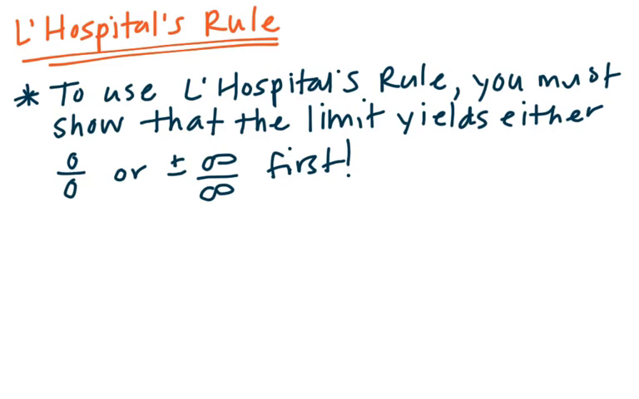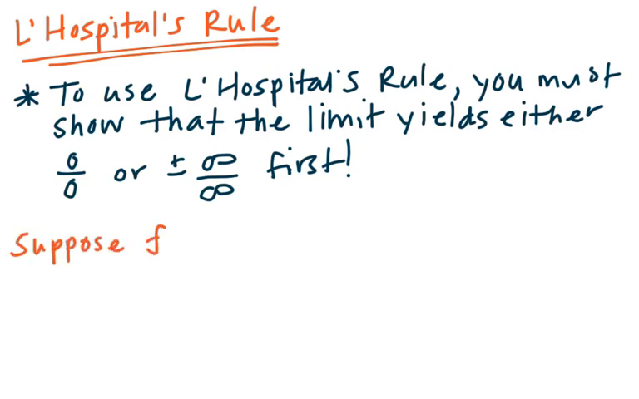So you cannot apply this rule for other limits that do have a determinate form, and in your work you must show that you have checked to see that you get either 0 over 0 or infinity over infinity before you can apply it. Okay, so if that is the case, then the rule states that we have two functions,